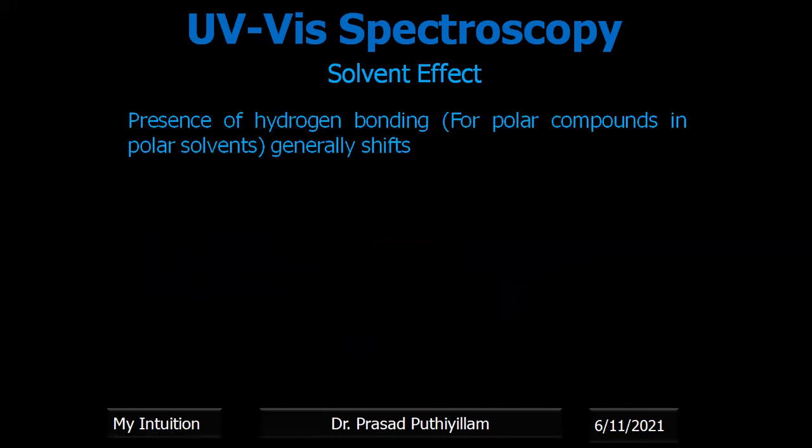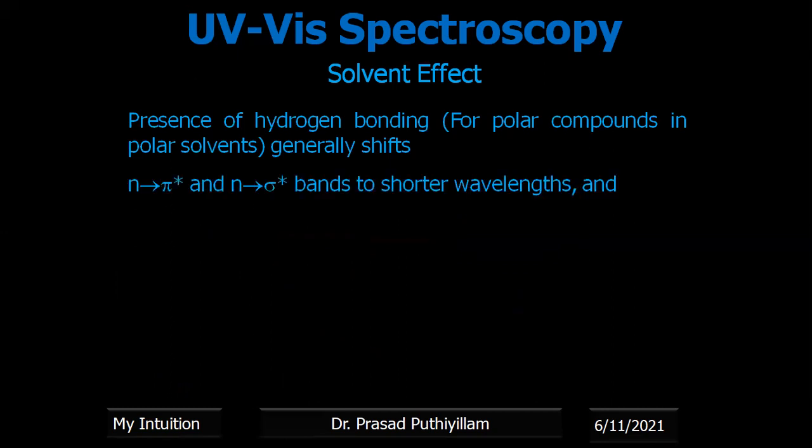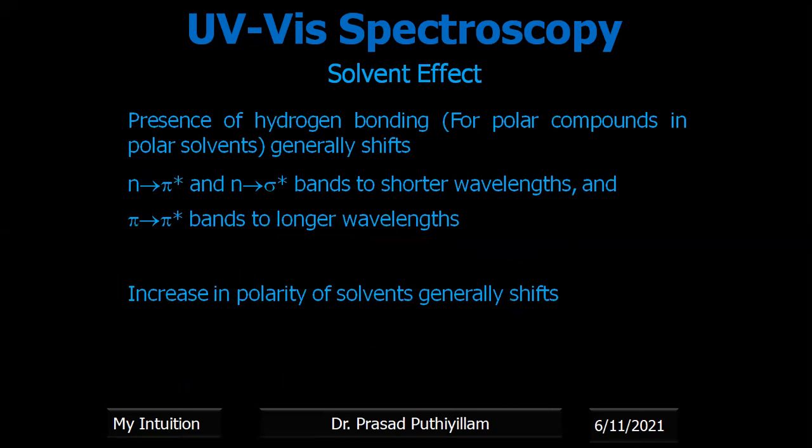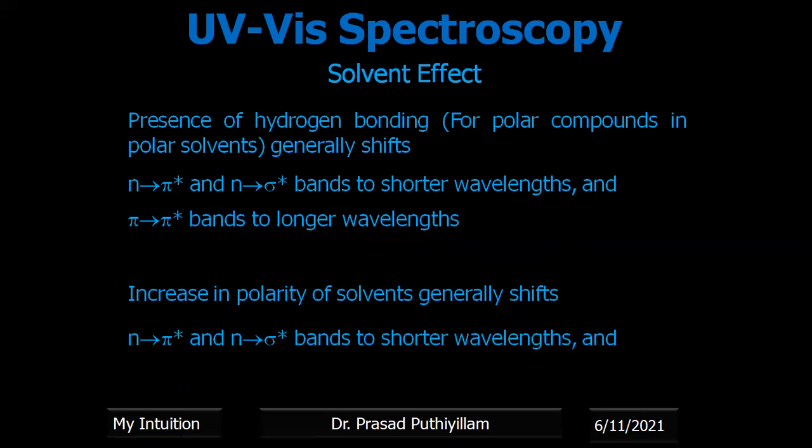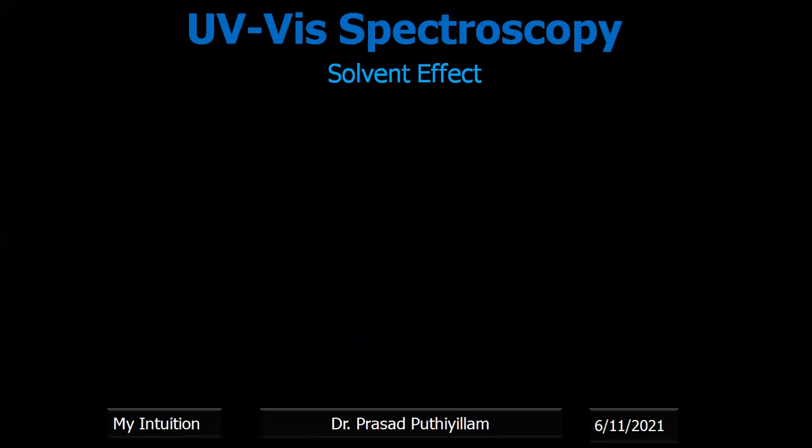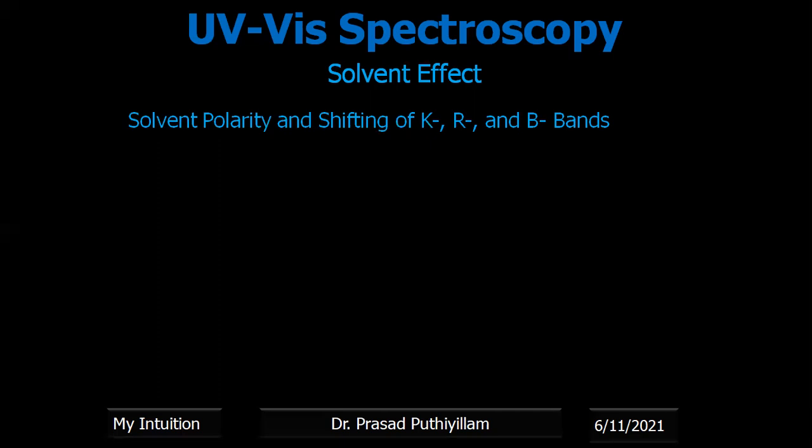Now, the presence of hydrogen bonding for polar compounds in polar solvent generally shifts n to pi star and n to sigma star bands to shorter wavelength and pi to pi star bands to longer wavelengths. And an increase in polarity of solvents generally shifts n to pi star and n to sigma star bands to shorter wavelength and pi to pi star bands to longer wavelengths. Now, the effect of the solvent and solvent polarity on these bands called K band, R band, B band,